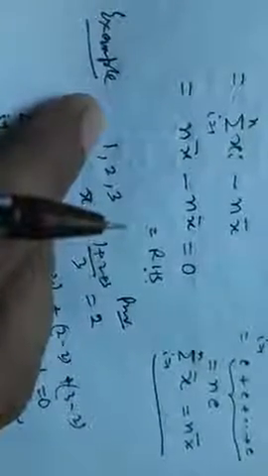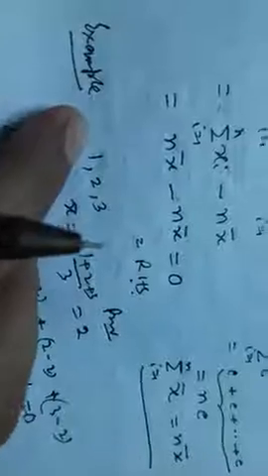Here x bar is equal to (1 plus 2 plus 3) by 3, so it will be 2. Now summation (xi minus x bar), here i equals 1 to 3, will be (1 minus 2) plus (2 minus 2) plus (3 minus 2). So minus 1 plus 0 plus 1, that is 0. You can check it with any values, and it will always give you the answer 0. So it is an identity. So we have completed the first notation in our chapter in statistics, especially in central tendency.